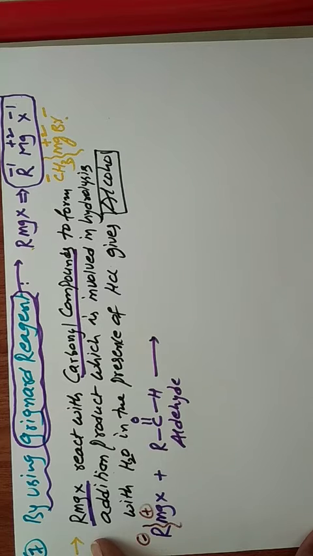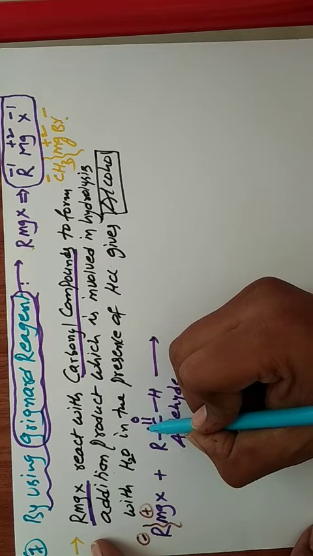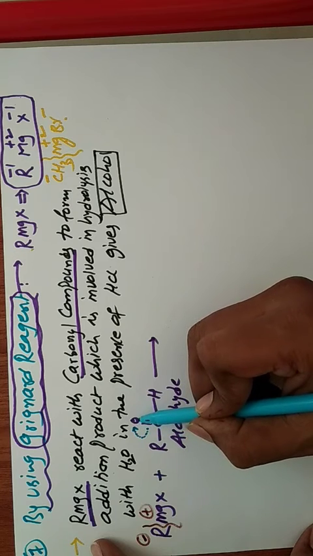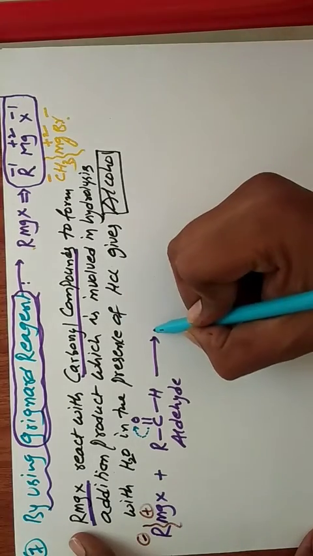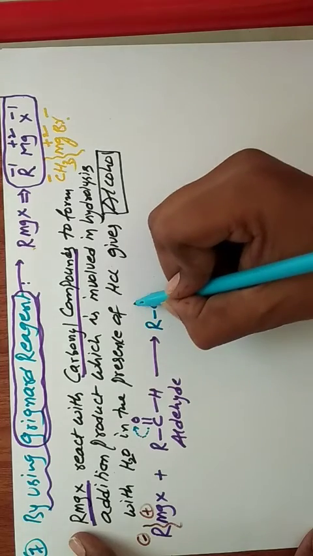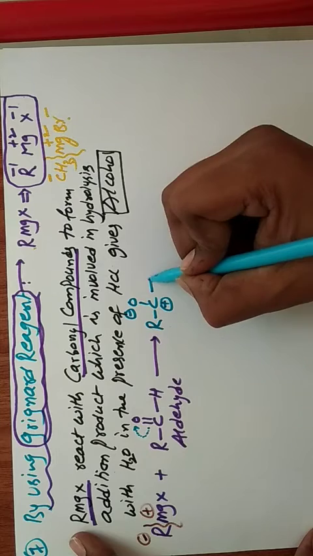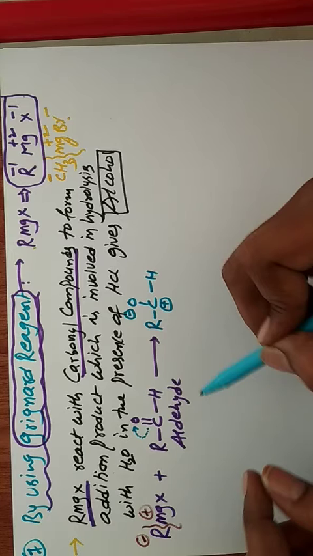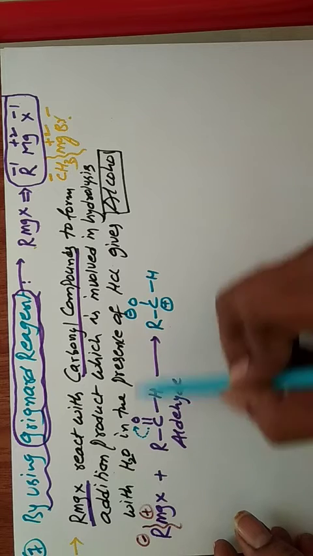Now we can write. Whenever this RMgX is added to aldehyde, the pi bond will shift to oxygen. Then oxygen becomes negative, carbon becomes positive. Yes or no? Then we get R bond C, O minus, C plus bond H. In aldehyde also, positive and negative charges are created. Compared to carbon, oxygen is more electronegative. That's why it shifted to oxygen. Oxygen gets negative, carbon gets positive.